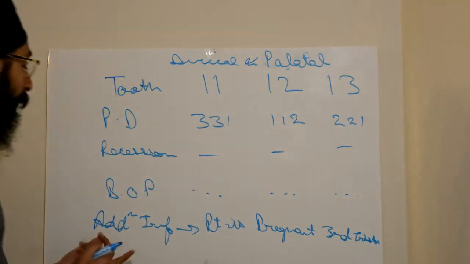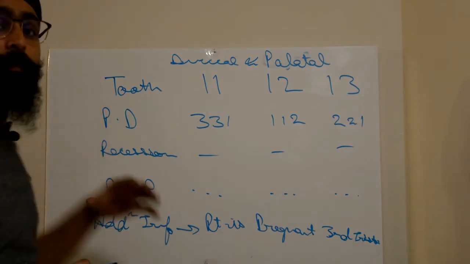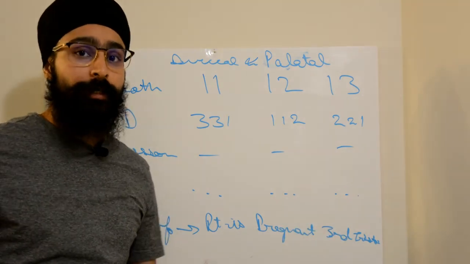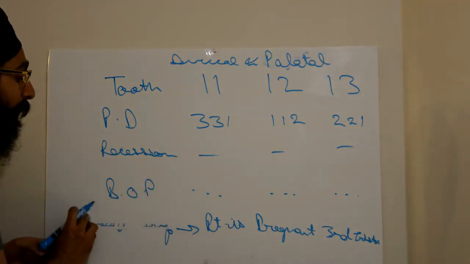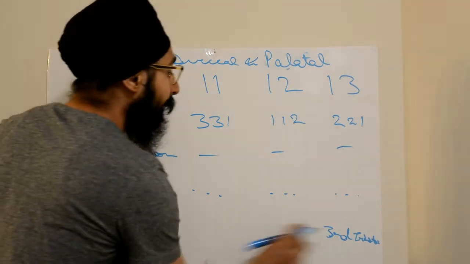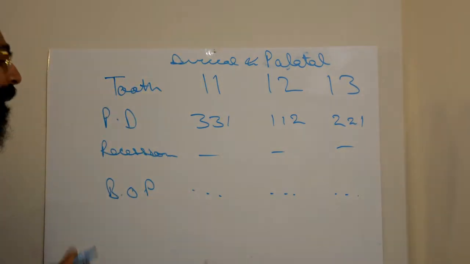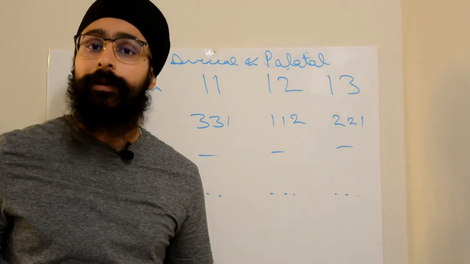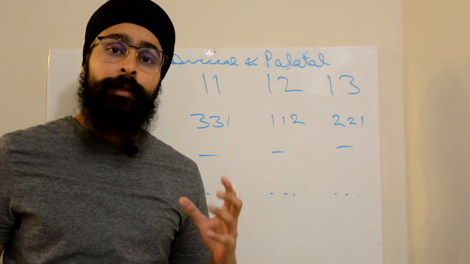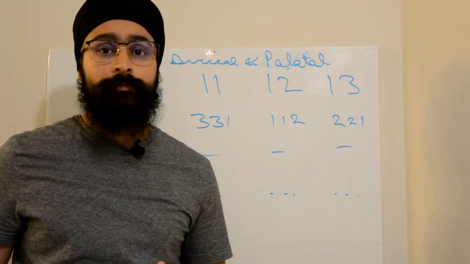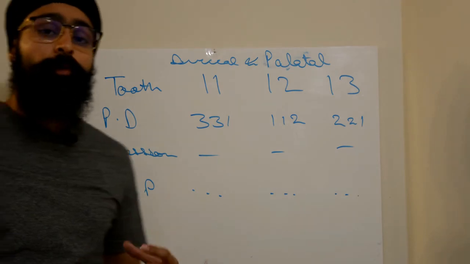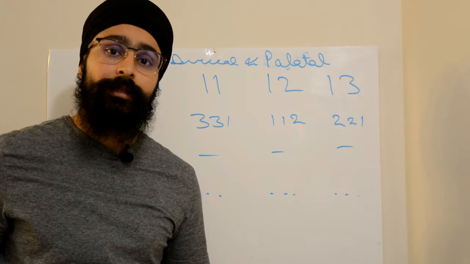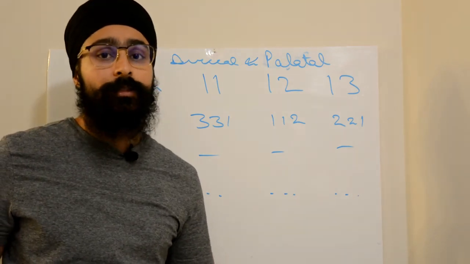or they may not give this additional information just here, they may have given this information right in the clinical history of the patient. Friends, although this perio chart looks the same as that of gingivitis, since the additional information that the patient was pregnant and in her 3rd trimester is given to you, now the diagnosis changes, because as you know, in pregnancy the hormonal changes exacerbate the inflammation that is present in the gingiva.